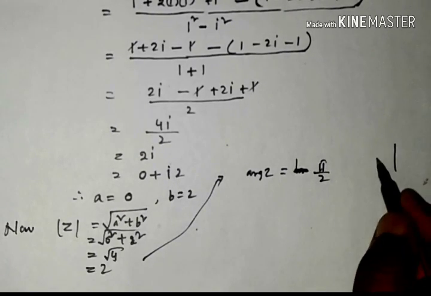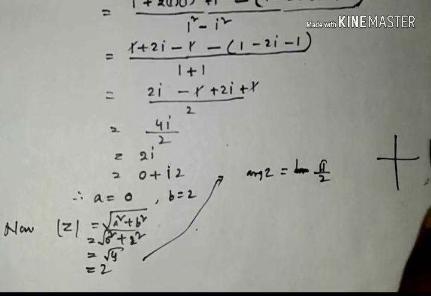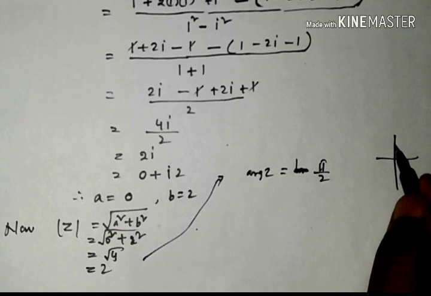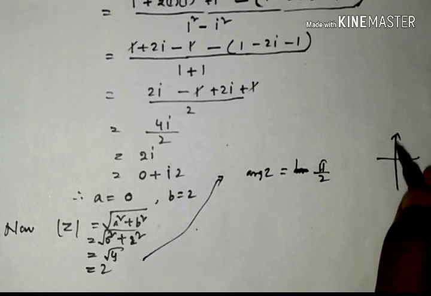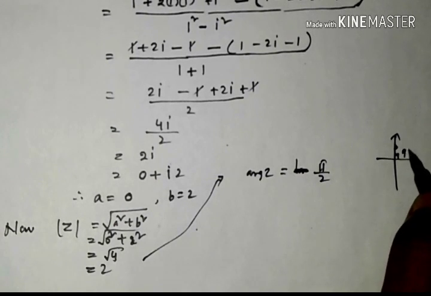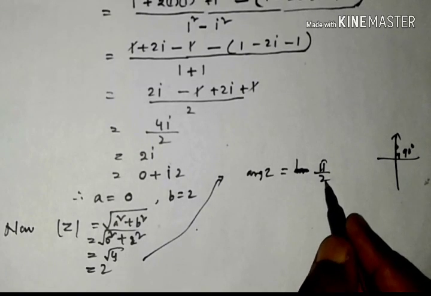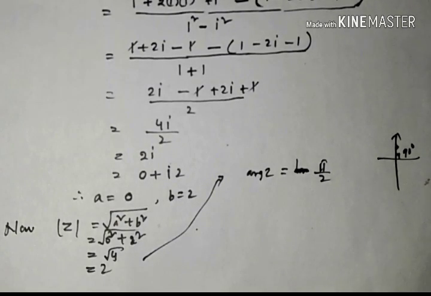The position of this point is here. The position of this point is, a is 0, and this is the point. This is the positive y-axis and this angle is 90 degrees. Therefore arg z is equal to pi by 2. This is the problem. Next problem I want to discuss, that is, if x plus iy whole cube is equal